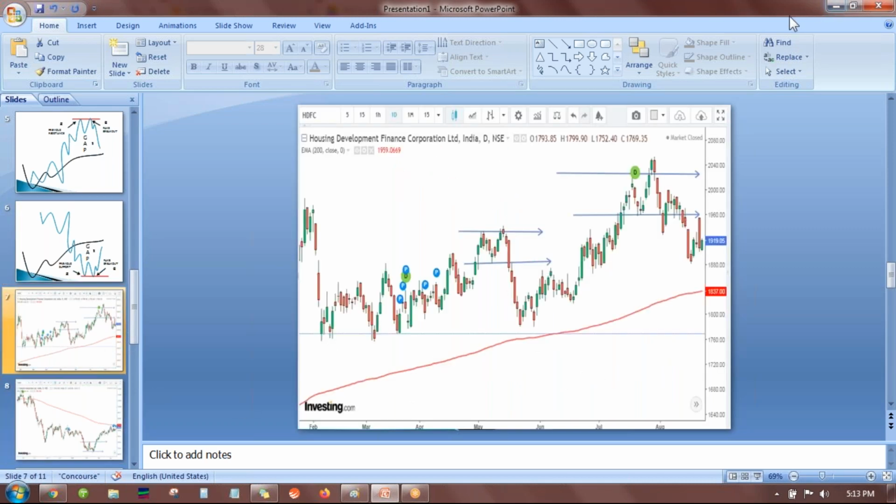Here is the first chart. This is the HDFC chart. This strategy is on a daily chart, so you will get only a few trades, not like an intraday trade. You do not need to do anything special. Just before sleeping, open your laptop, open your share list, and look at the patterns which I am talking about.